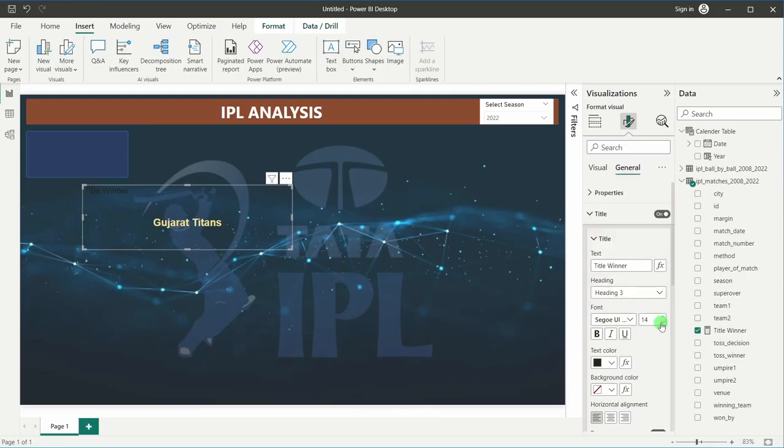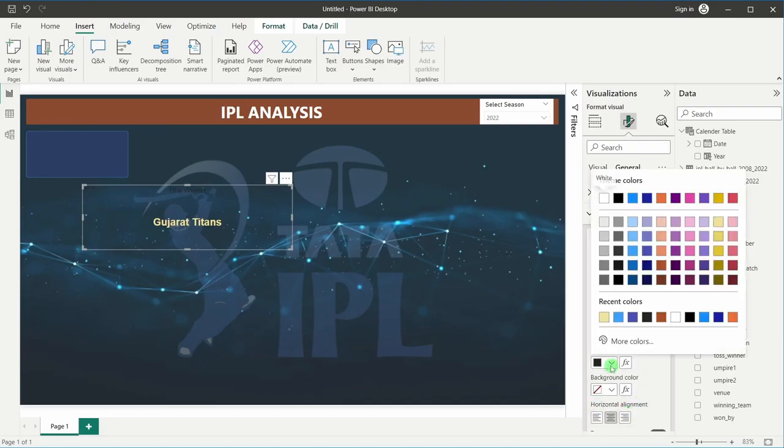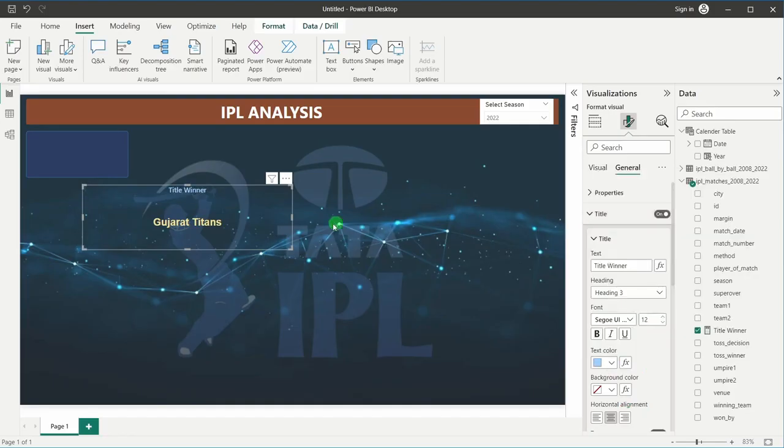Okay, so this will be my title winner, and the font will be 12, and I will make it center alignment. Okay, horizontal alignment will be center, and the color which I will choose is this. Okay, this will be the color for me. So now I will just reduce this, nice and perfect,